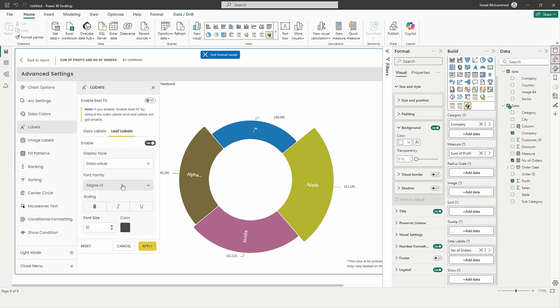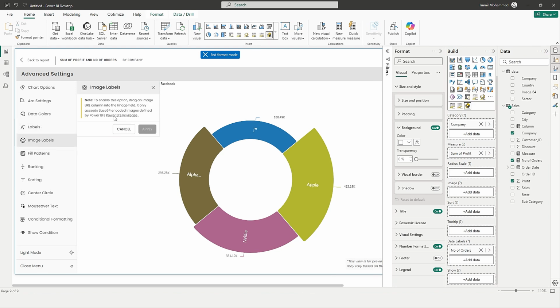And then we also have the font family, styling, font size, colors, etc. Now let's head to the next section, which is image labels. Image labels are your base64 encoded images. I have a column here called base64. I'm going to bring that into the image field here, and then let's go back into the image labels and